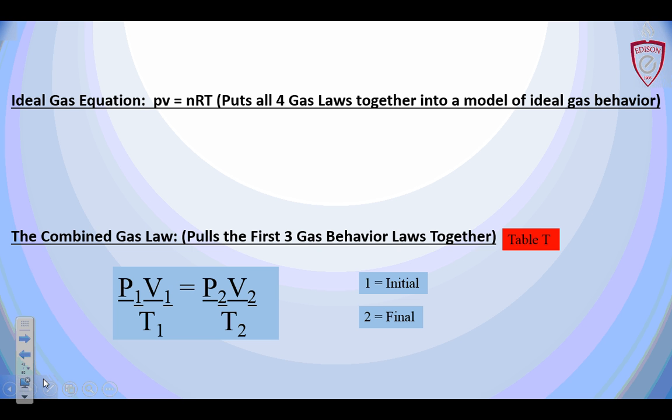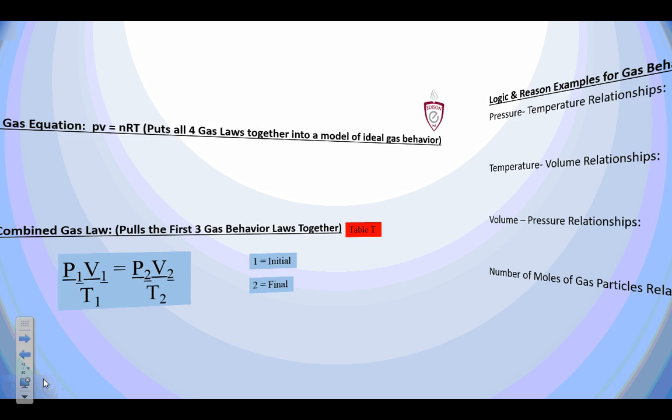And the nice thing about this is if we hold something constant, we can cross that piece out if you want. Or I'll be teaching you to just write it over as the same number. You can do that too, which adds just a little extra math, but it's not going to hurt you. And so what we'll be doing in the next video is using the combined gas law to find one of the missing variables. So let's just do a little more logic and reason to wrap it all up.